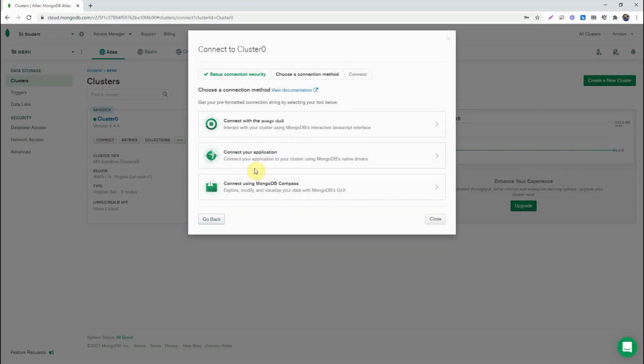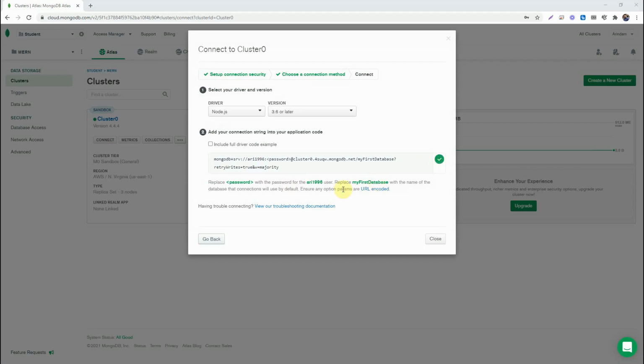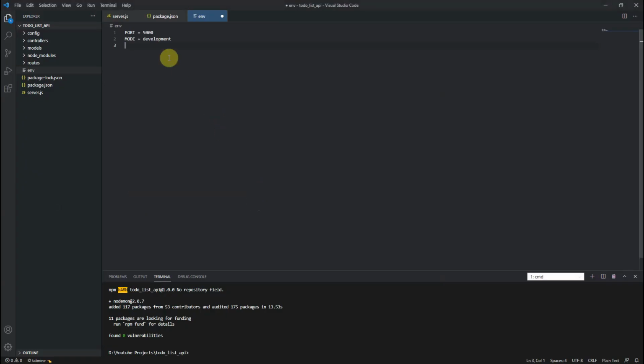Now click on connect your application, just copy it, go back here, and paste it as the Mongo URL. You need to replace the password tag with your password.